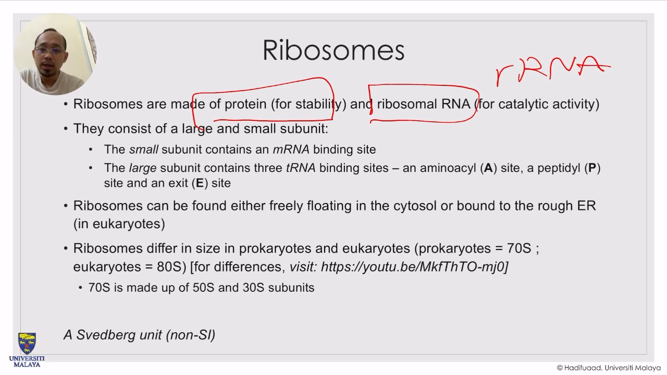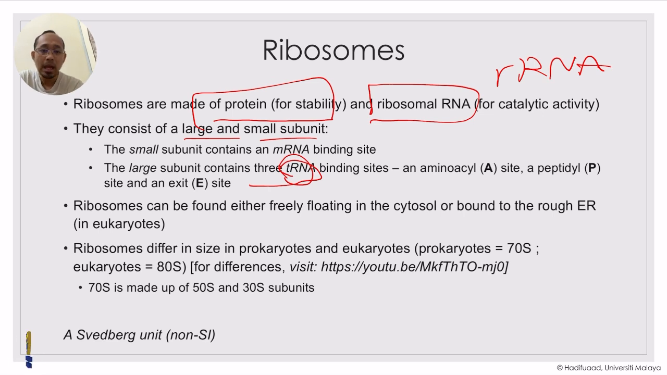So the ribosome contains two main subunits: one large subunit and one smaller subunit. The smaller subunit contains the mRNA binding site. So this is where the RNA from the transcription comes in, and the larger subunit contains the tRNA binding sites. Three tRNA binding sites. tRNA, for those who can't recall, means transfer RNA. So that RNA functions to transfer amino acids into the ribosome so that the polymerization of amino acids, or protein synthesis,